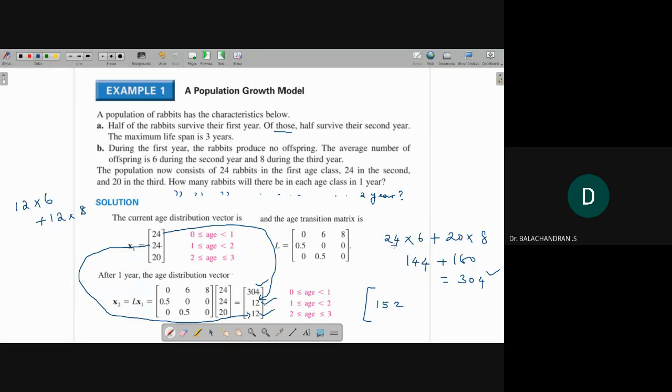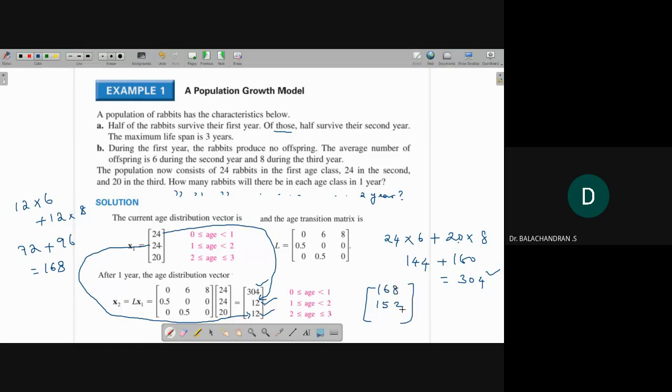The first case I put this 24 into 6, this 24 into 8. I got 304. Okay. Now this is 72 plus 96. So we'll get 168. So 168 is here,